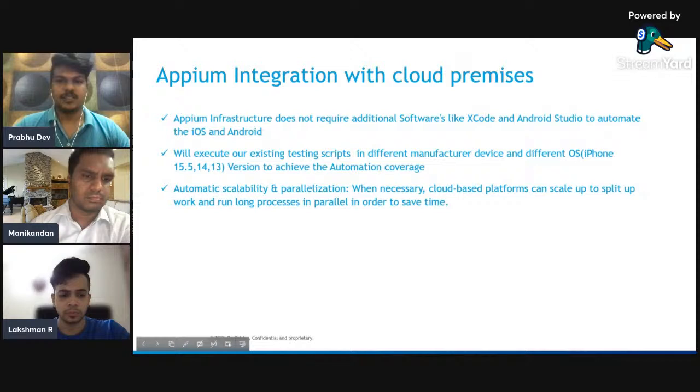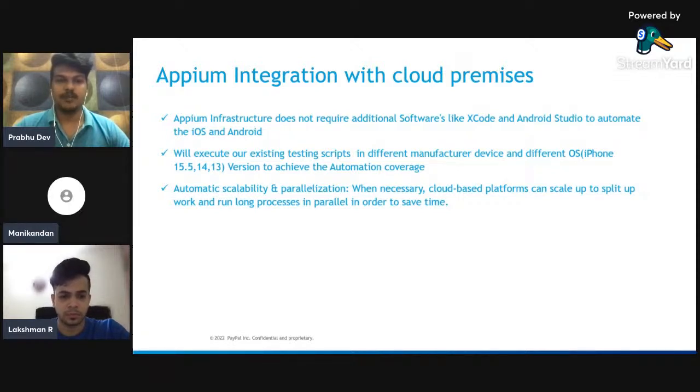The major point is that it helps us stop the process of configuring dependencies in our local machine. Every time we set up Appium, as Lakshman mentioned earlier, whenever a new release or a version bump happens, we need to do the setup again and keep that machine up and running, in our system and in our local machine too. So it is hard to maintain. By using the client cloud premises integration, it will be easy for us.